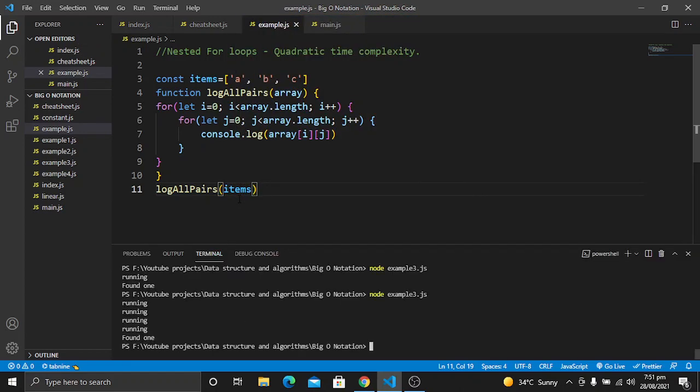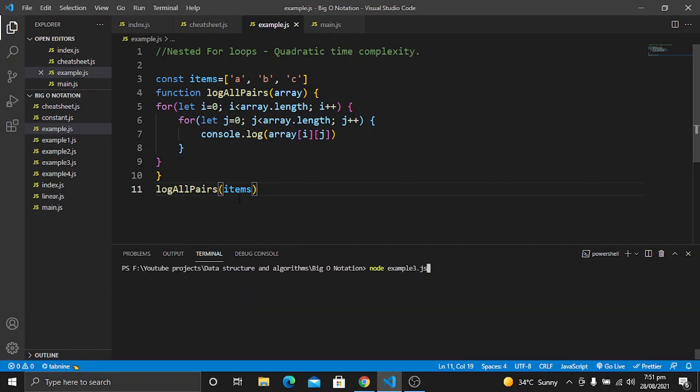Now clear the terminal and run the code. This is just an example. So we are getting undefined here. Let's see what is happening.